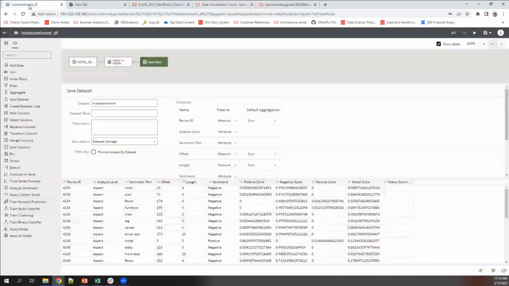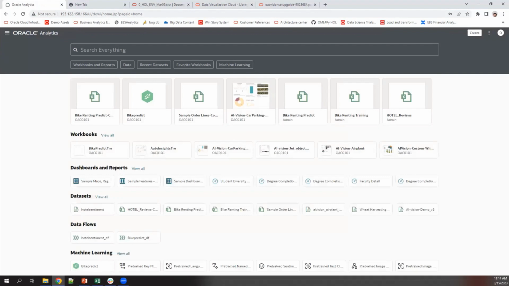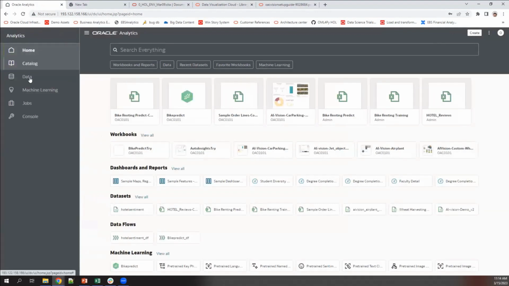Let me see if the model is ready. Yeah, thankfully it's done. I'm almost on the close. So what I would do here is, now that I have the data set, all I need to do is